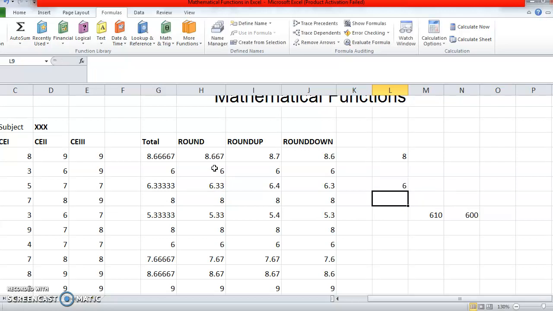So the answer is 6 only. It rounds down to the significance of 2. Similarly, if I consider 610 a number and I am writing floor 610 to the significance of 100, then it rounds down to the nearest